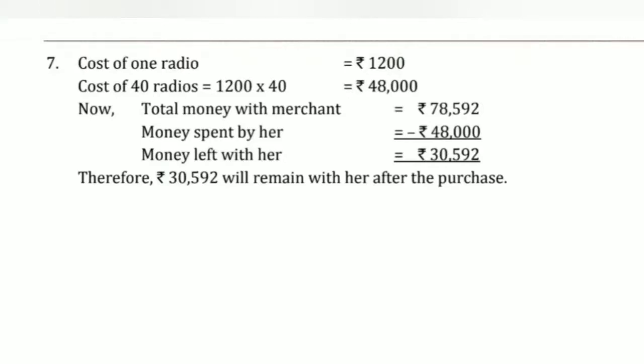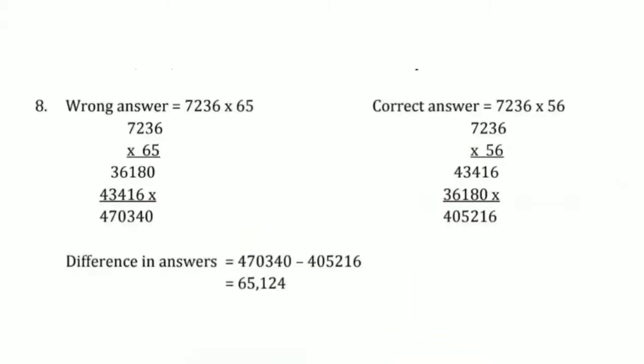Next question number 8. A student multiplied 7,236 by 65 instead of multiplying by 56. By how much was his answer greater than the correct answer? See the solution. The student multiplied 65 in place of 56. So 7,236 into 65, it will come